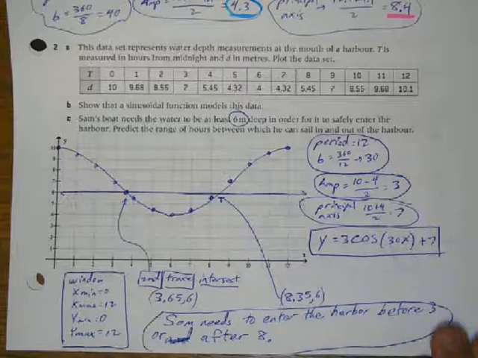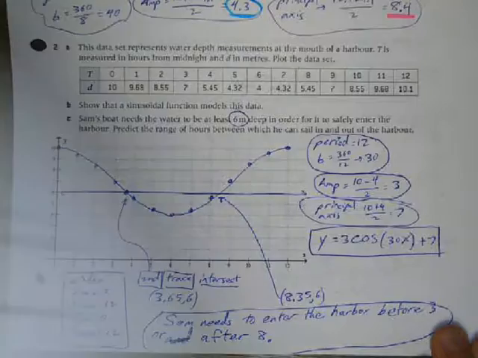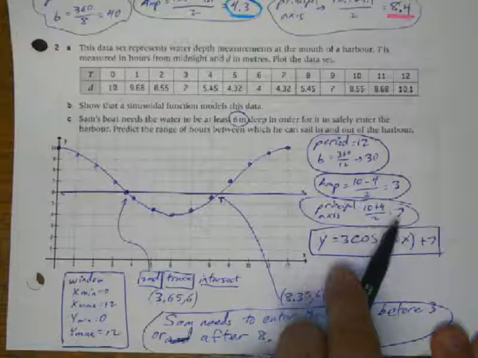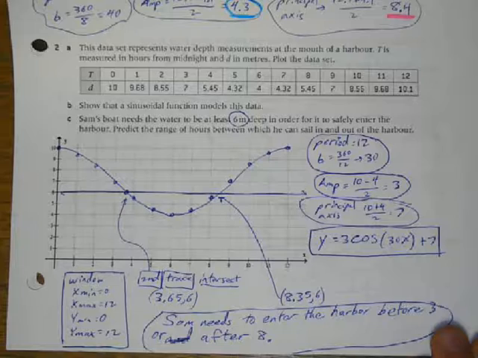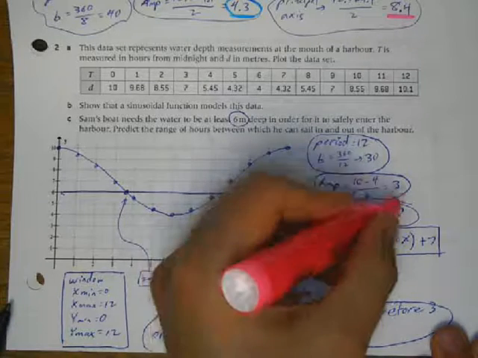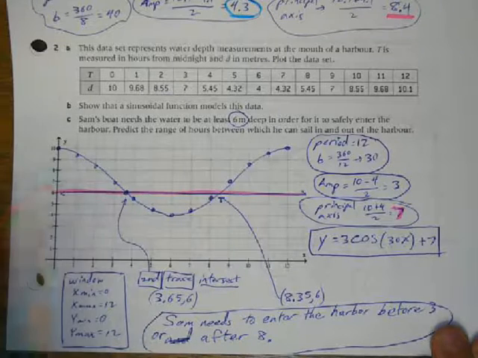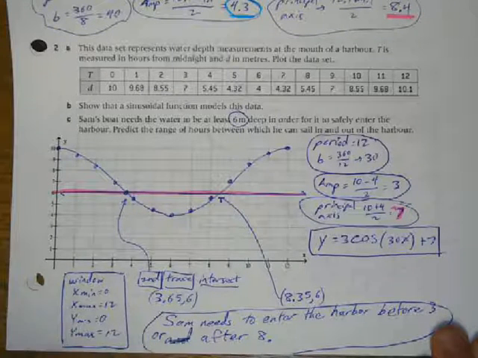Okay, the principal axis, you add the maximum and minimum together and divide by 2. So 10 plus 4 gives me 14. 14 divided by 2 gives me 7. So my principal axis is here at 7. The amplitude is 3, so